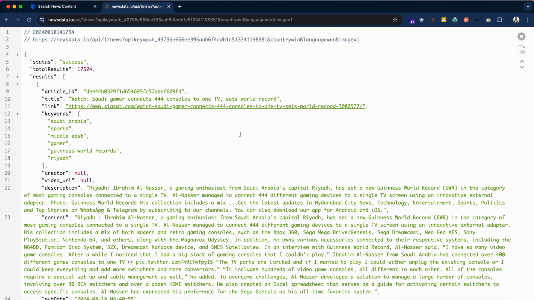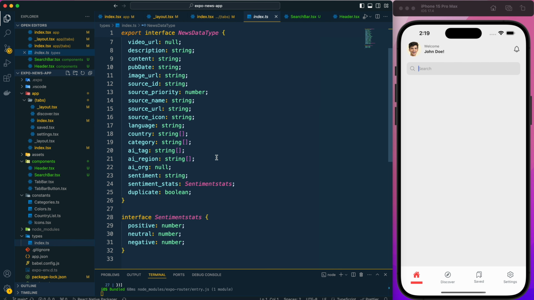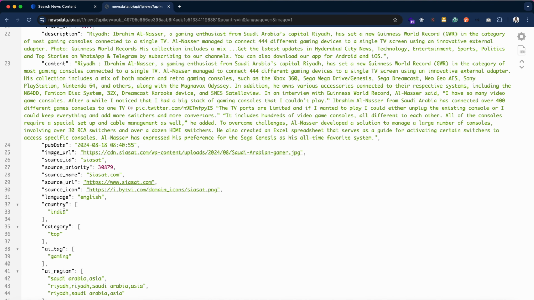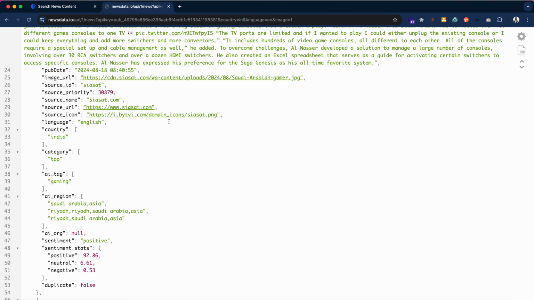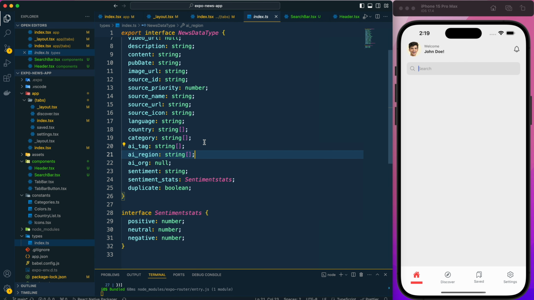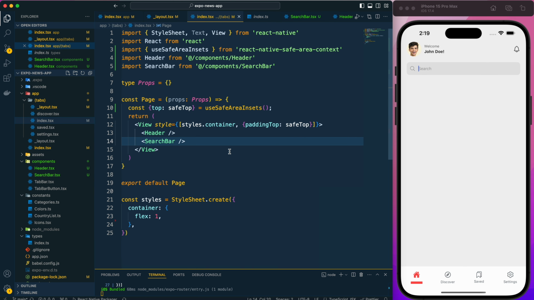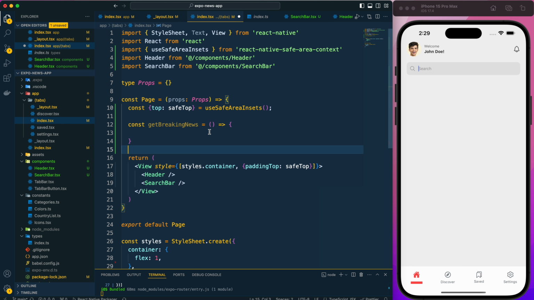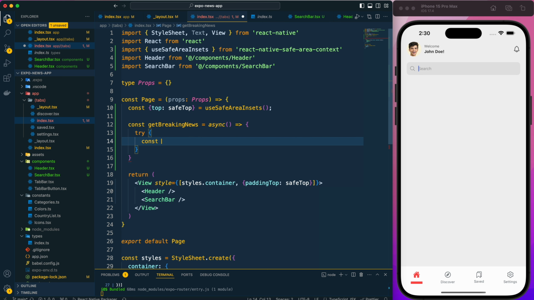So now let me fetch some news data in our app, and for the type of it, as you can see, this is the news data type which I have already created. So this is the type definition, and these are the fields which I am getting, right? So that's how it is created. Whatever response we are getting, that definition I have provided here for the type definition of the news data. So now in the index, let's first fetch some news data. So here first let's create a function called getBreakingNews, and here I am going to get the news articles. It should be an asynchronous function, and within it let's create a try block, and for this let's provide